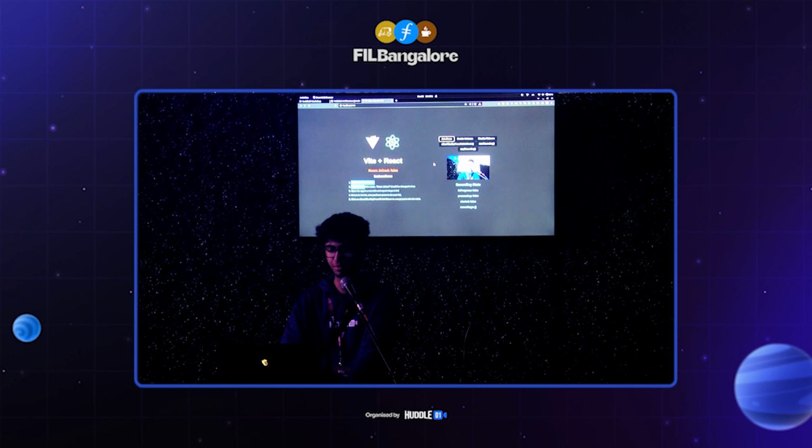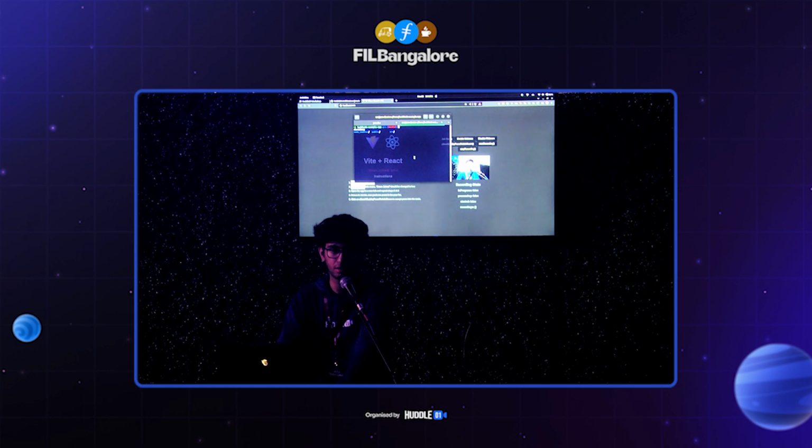So the room ID for this is hard coded for now, but you can use your own room ID generator for that and handle that logic internally. So this is the example app, and I'll just quickly go over the code for it as well. And using the client SDK, you can even utilize the live